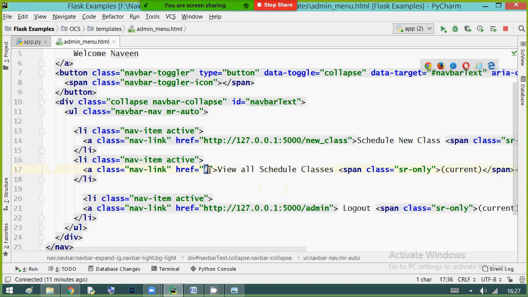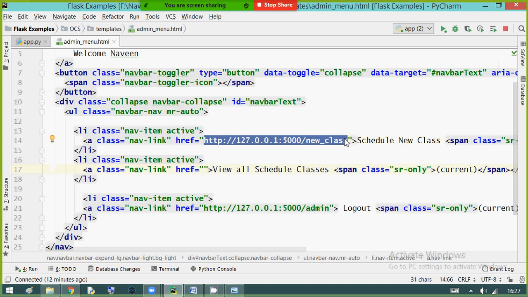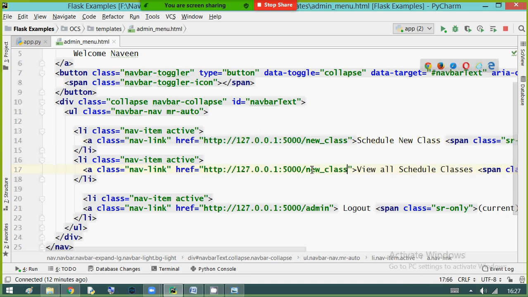So here I am going to provide a new link similar to the previous menu option. Instead of new class, I'll write view underscore scheduled, view scheduled classes. Right? That's my URL.